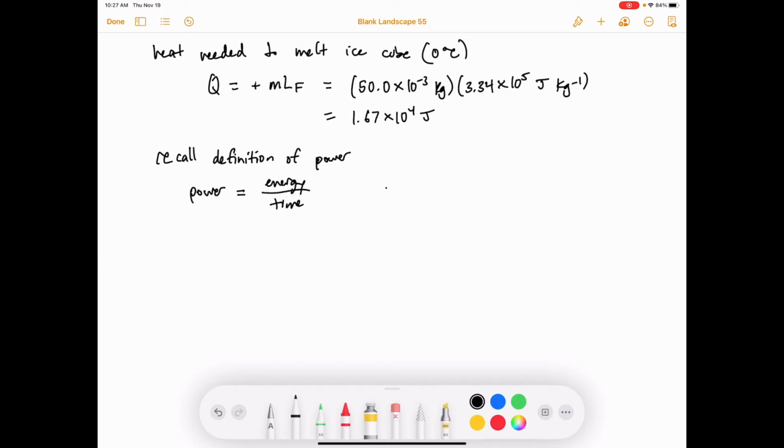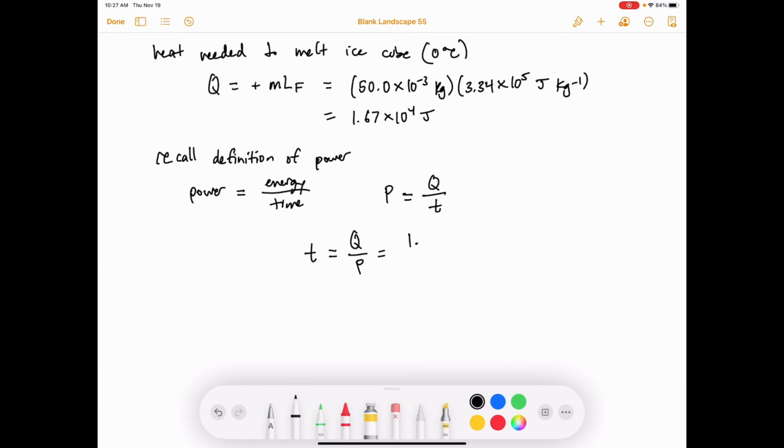So we can write this symbolically as P equals Q divided by T, because we're assuming all of the energy that's output by the microwave goes into melting the ice cube. So if we rearrange this to solve for T, T is equal to Q divided by P,